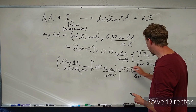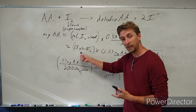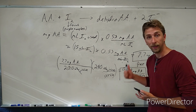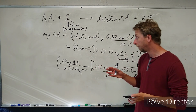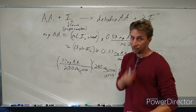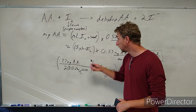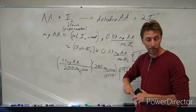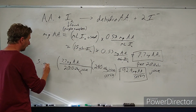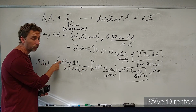Okay, that would be the answer if we had gotten in our experiment 15 milliliters for the endpoint, and that would come out to be 7.7 milligrams per. But we didn't get that for our experiment, right? So what you have to do is take the experimental value that we got, which is 11 milligrams of ascorbic acid per 20 milliliters of juice, and do the same calculation right here for part A on question 3, okay? So this would be 3A, and you need to put in the correct number for milligrams that we got